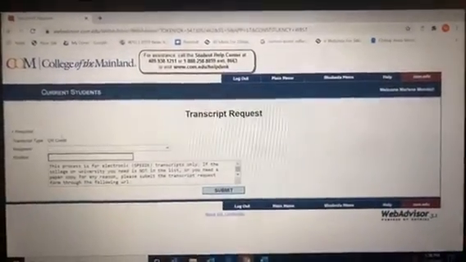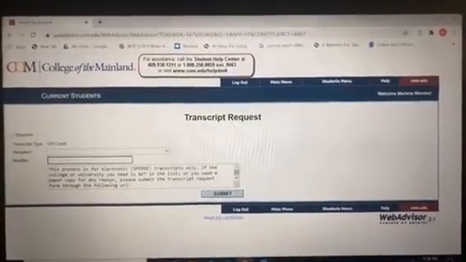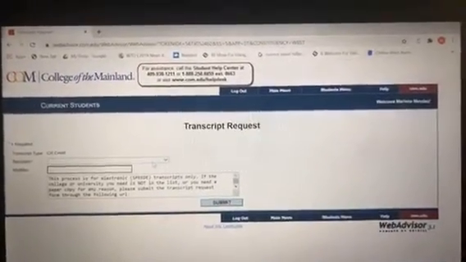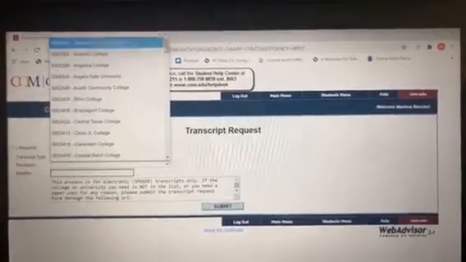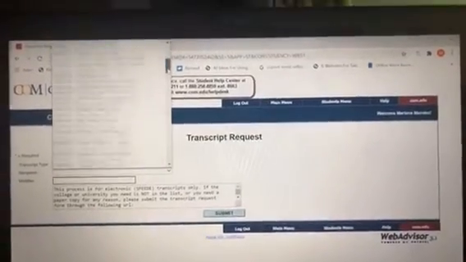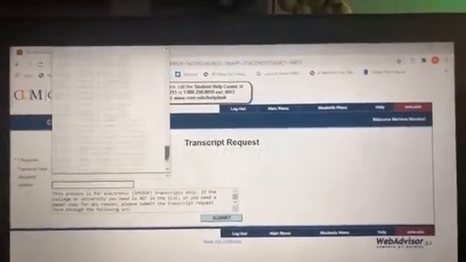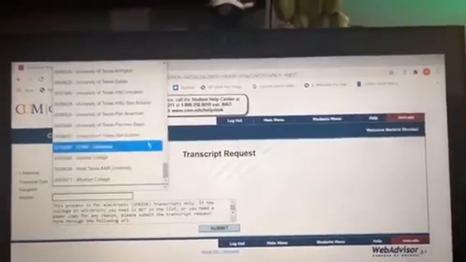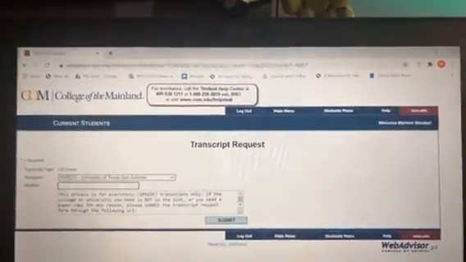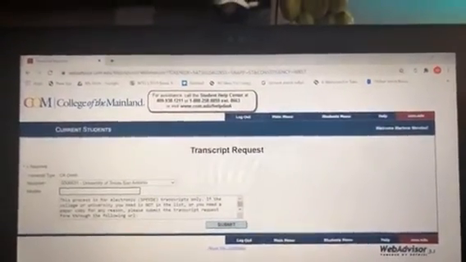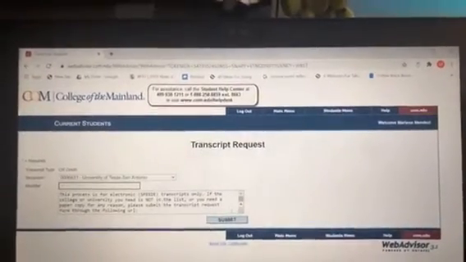Make sure that it says credit under transcript type. Recipient would be the college or university that you are wanting to send over your transcript to. Once you've selected the one you are wanting to send it to, select it, make sure there's nothing under modifier,